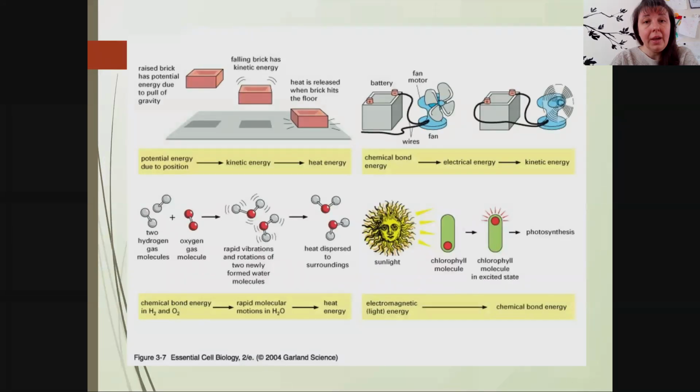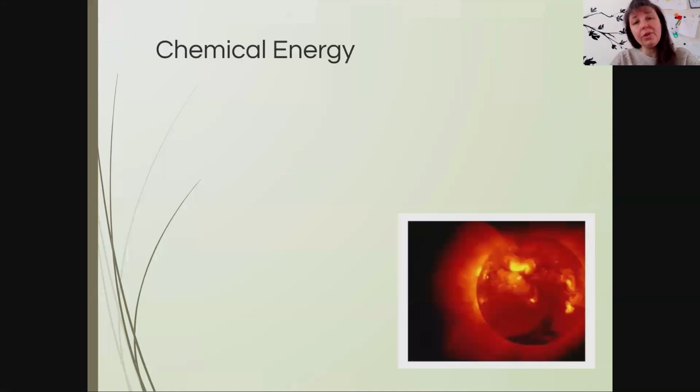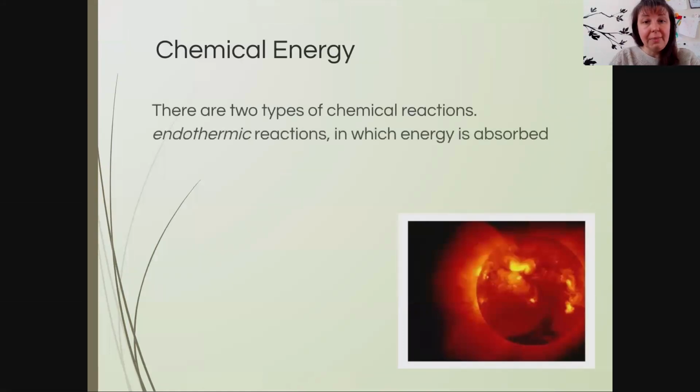This little example is just one of those that show how one form changes to another, and down below you can see that. One of the things I'm going to ask you to do inside the coursework for this chapter is talk about how the energy is changing from one form to another based on the way its transference is working. So the first one we're going to talk about is chemical energy, which is basically when I